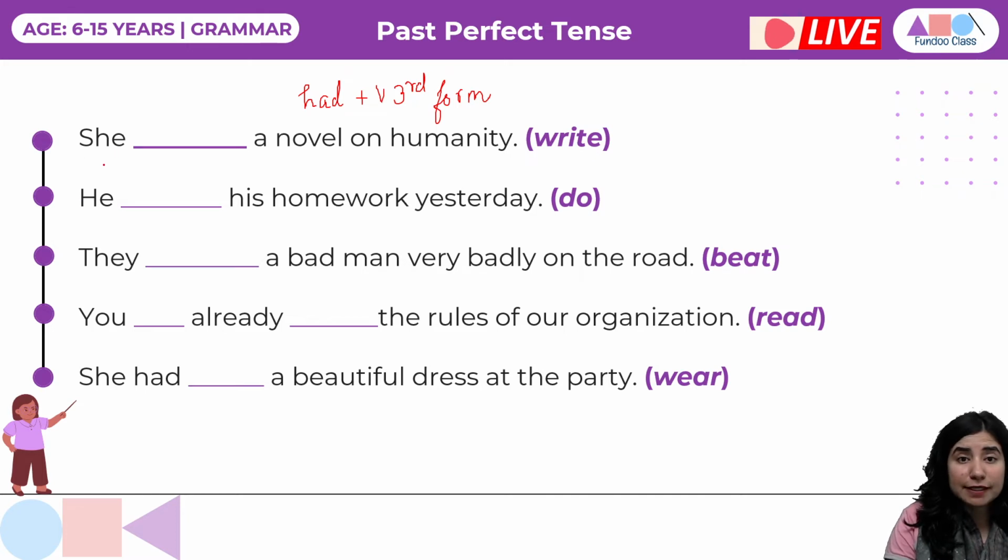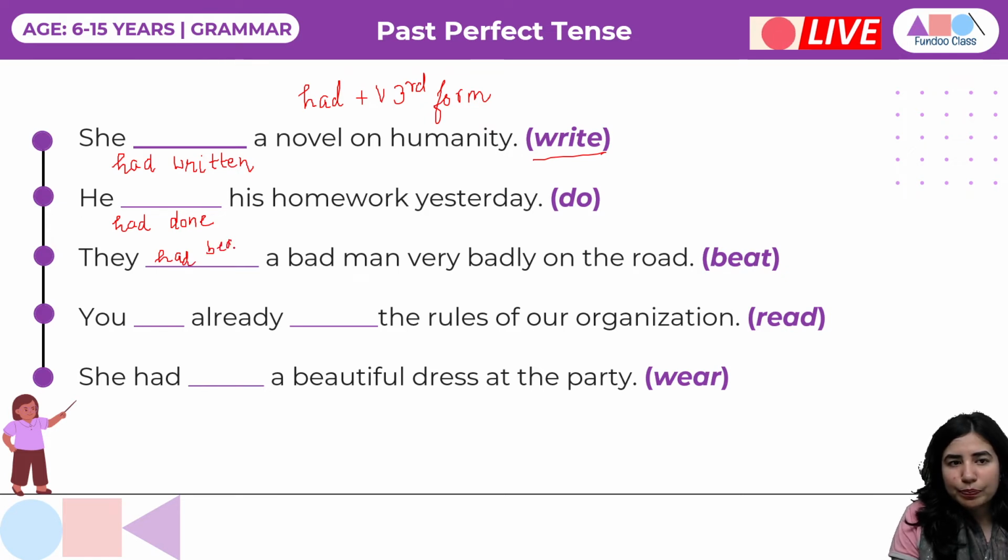So let's start with the first sentence. What is the verb form we need to use? Right. So we are going to complete the sentence like this. She had written a novel on humanity. He had done his homework. They had beaten a man very badly. You had